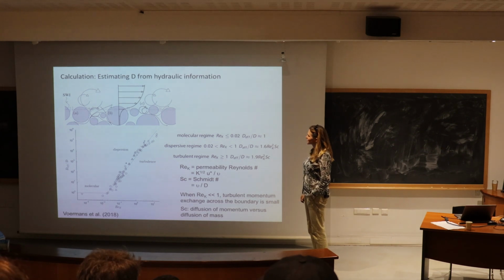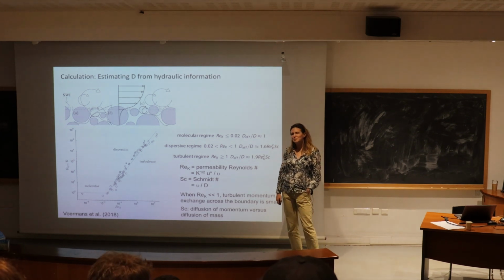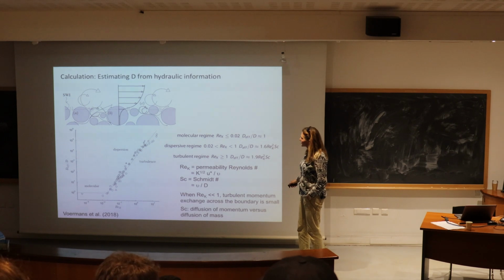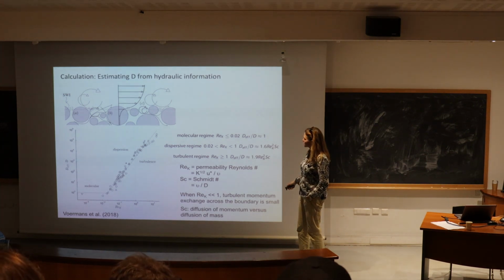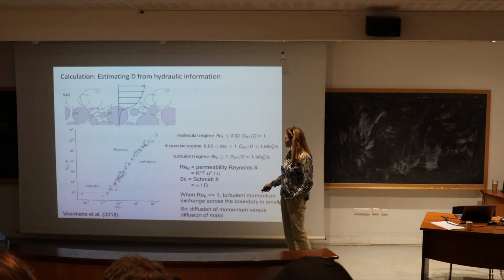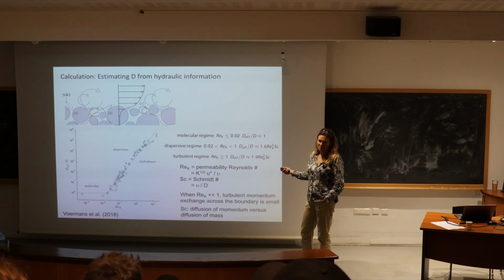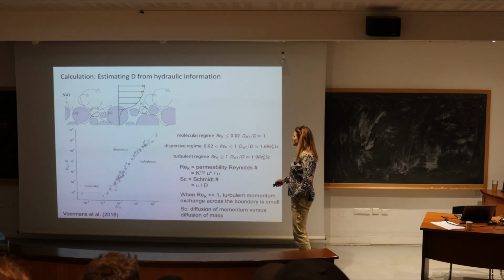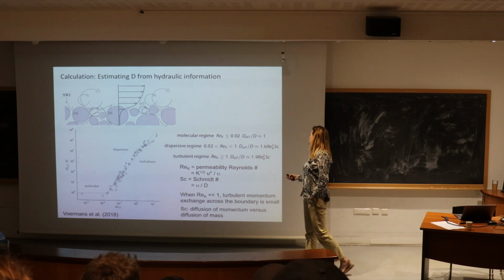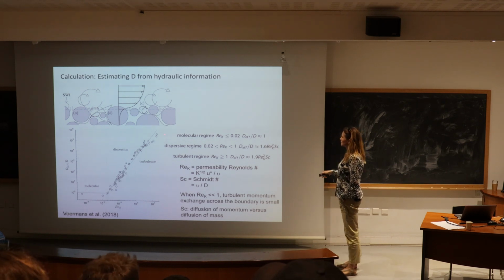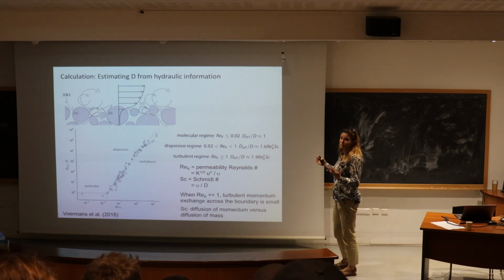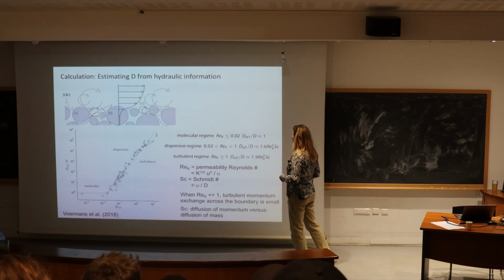It's interesting. There's been a little bit of work on this from a flume perspective. And it turns out there are 3 regimes as you go from a low permeability Reynolds number to a high permeability Reynolds number, which is defined here. I'll talk about that in a second. There's a regime where the effective dispersion coefficient is constant. It's just driven by molecular diffusion. And then there's a regime where basically inertial effects start to dominate. And then another regime where really turbulence is important here.